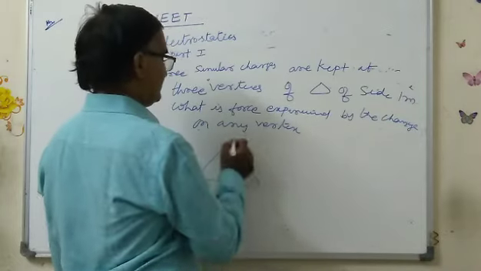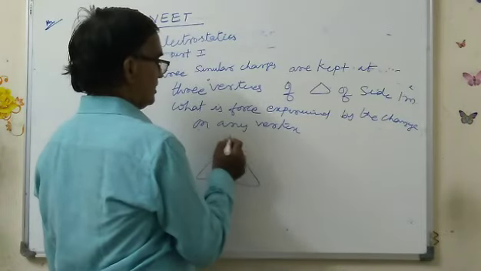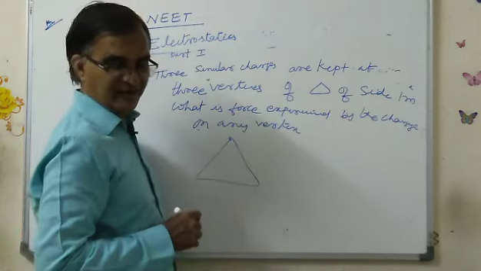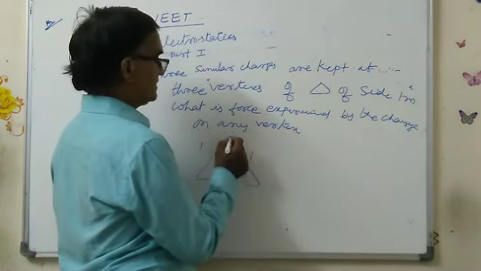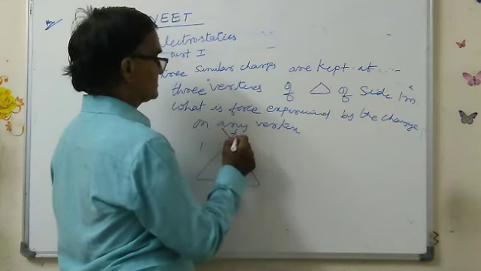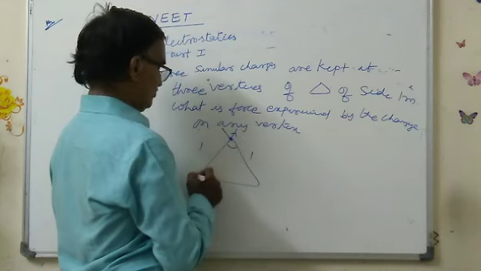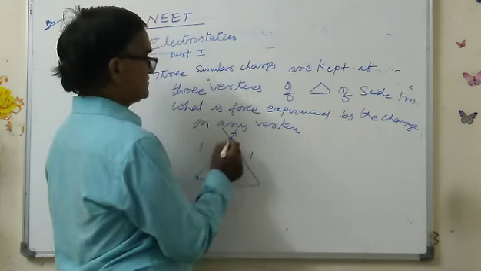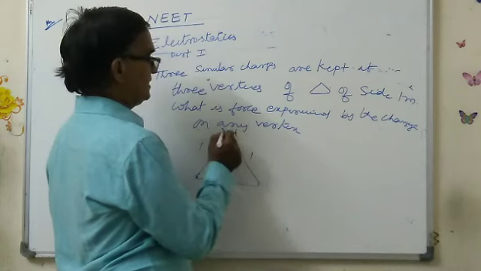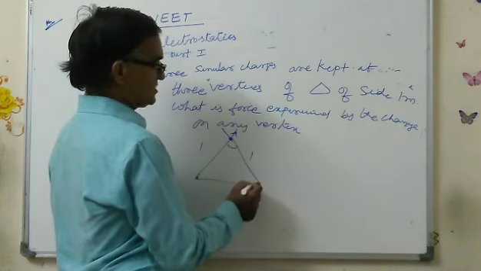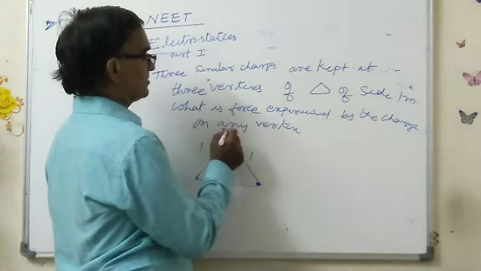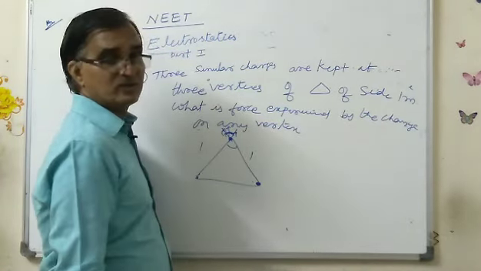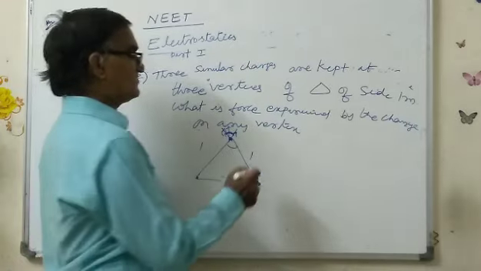Now you know, triangle here, equilateral triangle. Here what you find here, 1 meter, 1 meter. This angle how much here? 60 degrees. Suppose you consider here force, this one force, this one charge, positive repulsion. This is positive charge, this is also positive charge. These two repulsion. So angle between them how much here? 60 degrees. Two vectors inclined at an angle of 60 degrees.